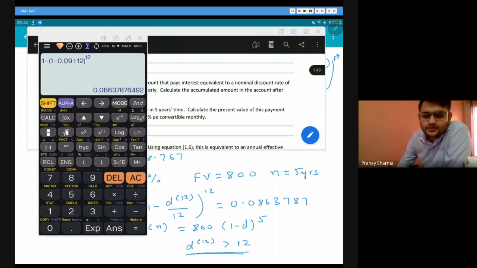It can be less than 12 as well. We see less than 12 a lot. Does not matter. There's no restriction. It's just never going to be negative. We are not going to see any rate of interest that would be negative, rate of discount, or any other rates that we are going to see in future.